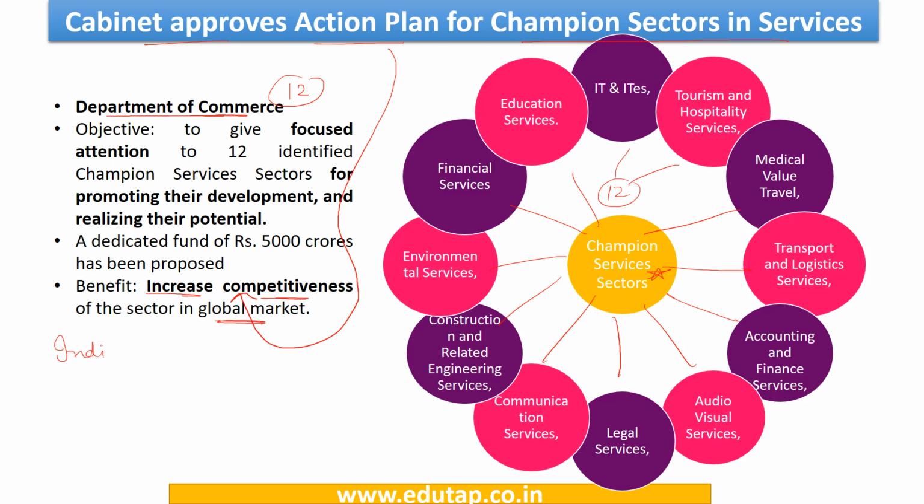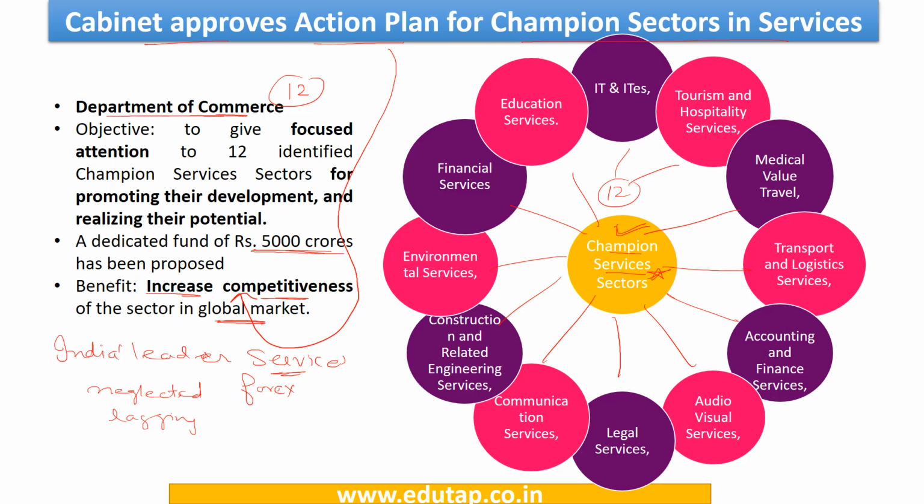As we know that India is already a leader in services, and we earn a lot of foreign exchange through export of services from Indian land. So we need to further improve the competitiveness of services in the global market, and also to make our efforts more intensified for certain neglected, you can say, or lagging sectors in the services sector. So the government has identified 12 such sectors called champion sectors in the services, and a fund of rupees 5,000 crore has been proposed for this,